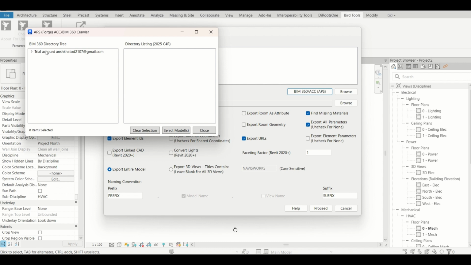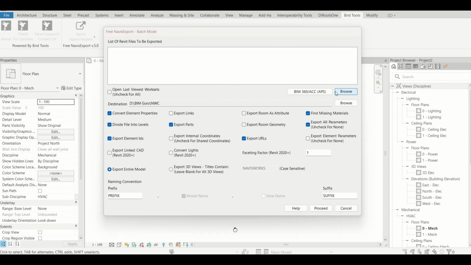Here I have one account, but if you have multiple accounts, definitely you will be working on multiple projects. Select your own project and go to your project, and then the directory will open. You can go to, for example, WIP, Revit, and like that as well. Select your model. Right now I do not have any Revit file there, so that is why it is not showing. But if there are any Revit files, they will be shown there, and then you can select your Revit files. But right now we have the files in a local folder only, so I'll click on